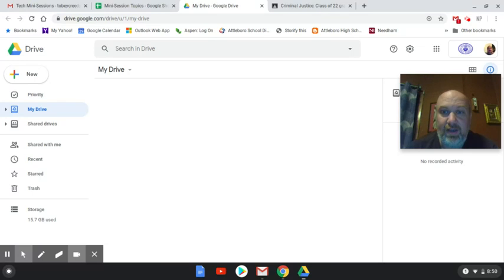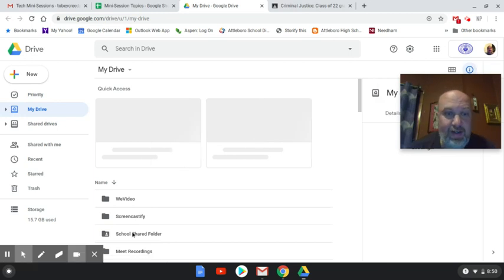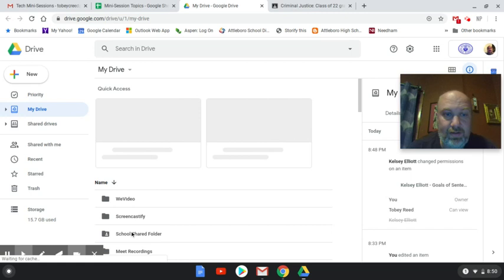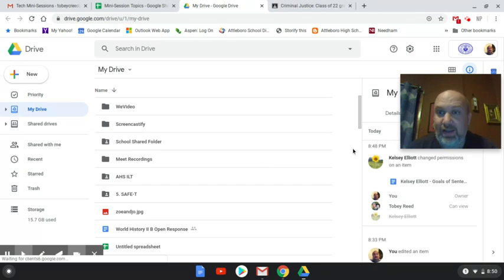So if you have Google Drive on your phone, sometimes it's easier to do it that way. So then I can say, all right, it's 8:50 p.m. and Kelsey Elliott changed her permissions at 8:48. So as we were speaking, I can see in my activities that she has just done that assignment, which is why I love this activities